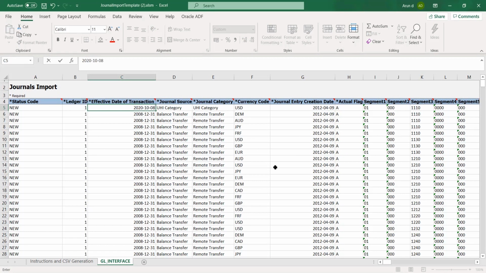Did we say journal source as the UHI source or UHI category? This is the source.